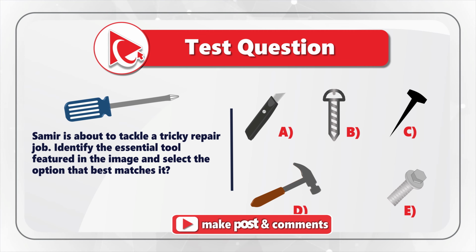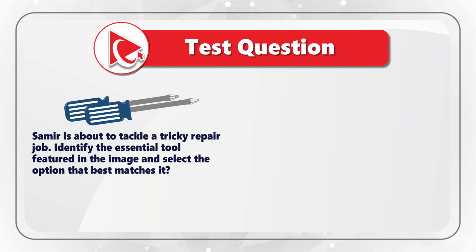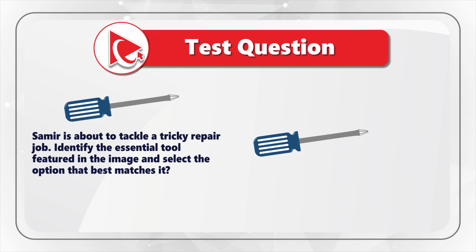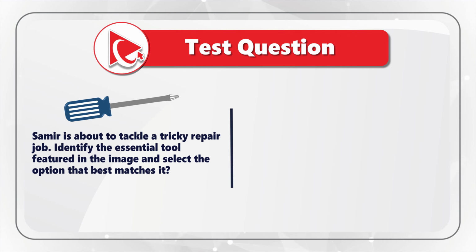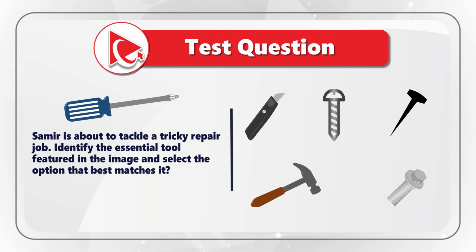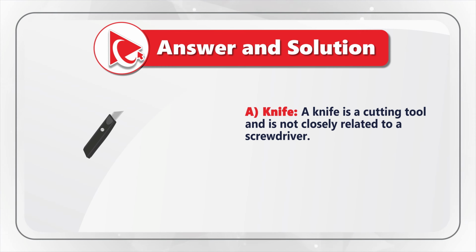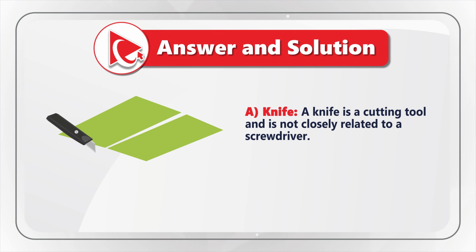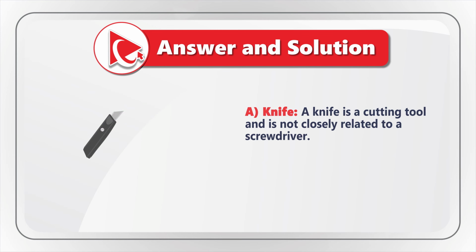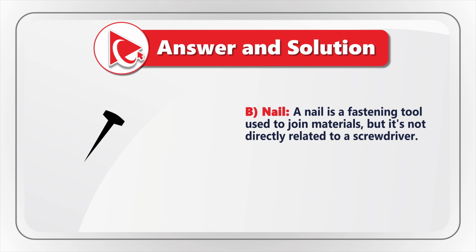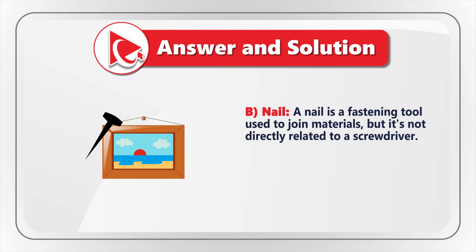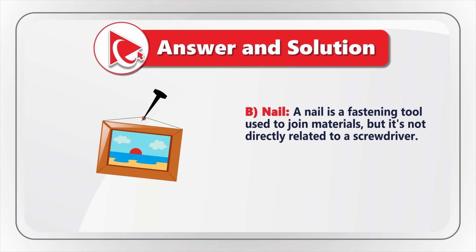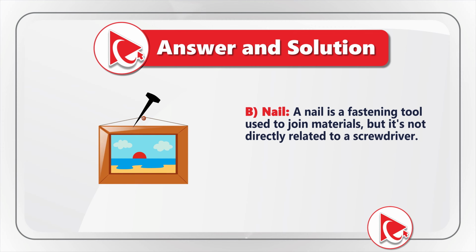I believe you probably recognize the tool shown. It is a screwdriver. But this is only the first step. In the second step, we need to identify all other tools shown and determine their relationship with the screwdriver. I think choice A is a knife. A knife is a cutting tool, and it is not closely related to a screwdriver. Choice B is a nail. A nail is a fastening tool, which is used to join materials, but it's also not directly related to the